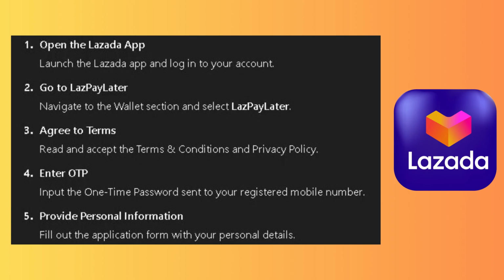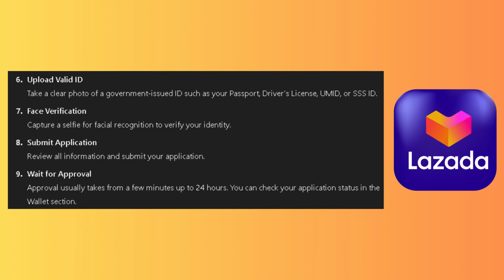Agree to the terms. Read and accept the terms and conditions, then the privacy policy. Enter OTP. Input the one-time password sent to your registered mobile number. Provide personal information. Make sure to fill out the application form with your personal details. Upload a valid ID. Take a clear photo of your government-issued ID, such as your driving license, passport, or your